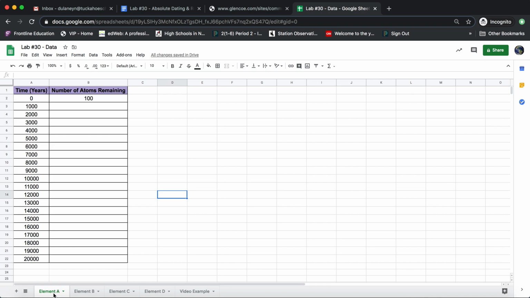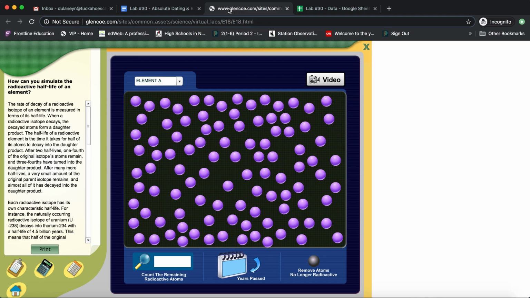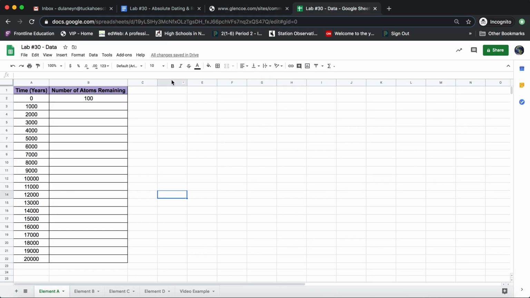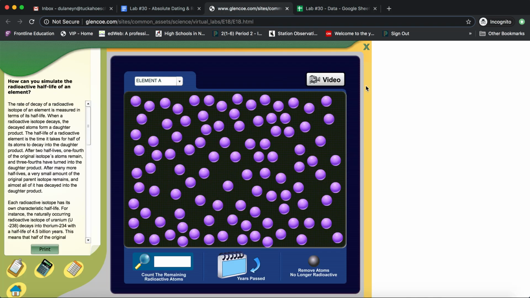We're going to start with element A, and you'll notice that the element is color-coded for what color you see in the animation. So here, for example, is purple. You'll notice I already filled out part of the chart for you, because at time 0, before we even begin the simulation, we have 100 atoms of element A. So what you do now is we're going to simulate every 1,000 years of decay up to 20,000 years. So if you click on this calendar, we're going to simulate 1,000 years have just gone by. And if we take the magnifying glass and click on that, after 1,000 years have passed, we have 95 atoms